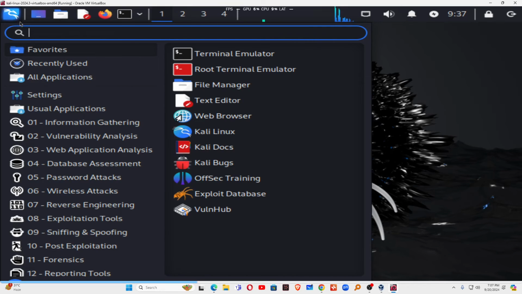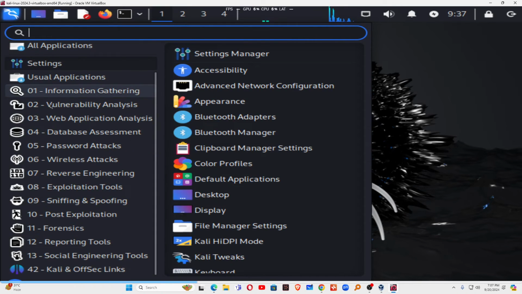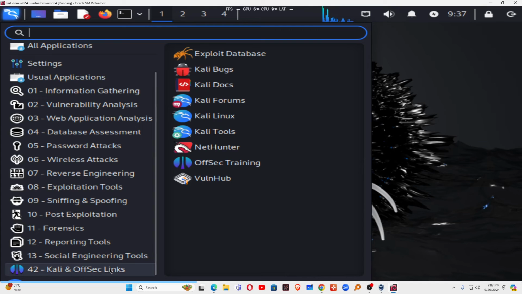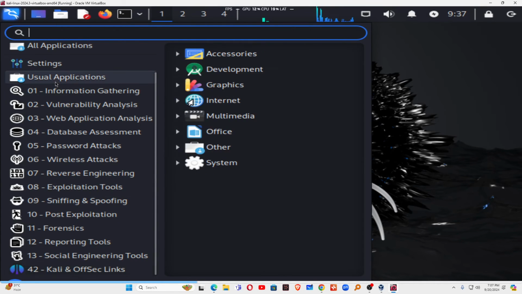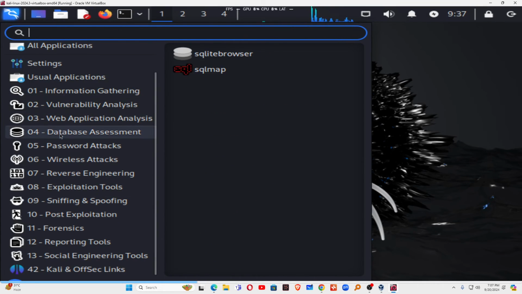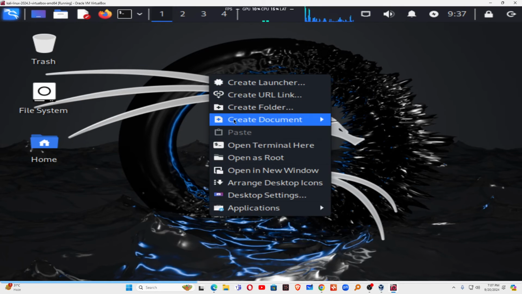Okay, and all the tools, you can see all the ethical hacking, penetration testing, bug bounty, everything, all the tools are available here with the latest update, with the latest features. This is the latest Kali Linux right now,